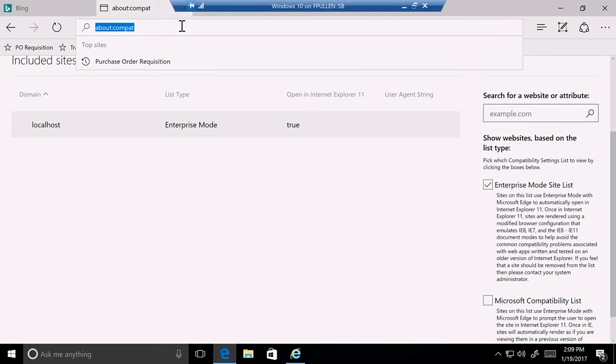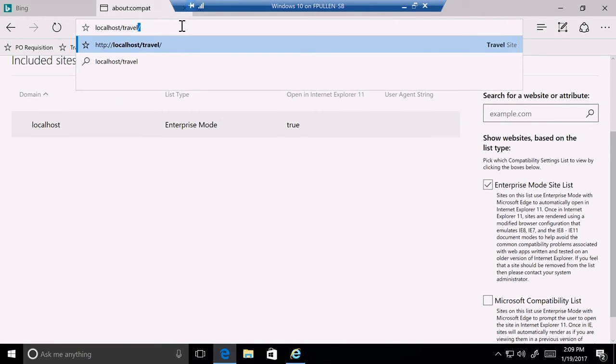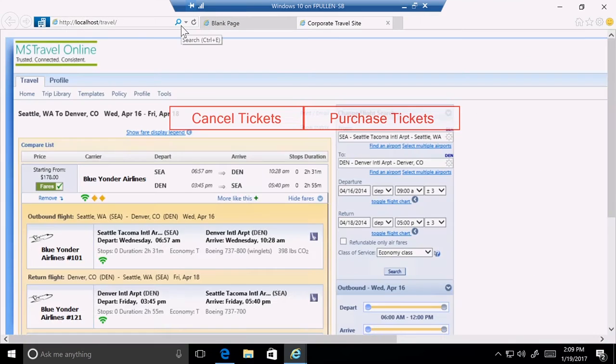Now, another question that I always get is, if I'm running in Microsoft Edge, and I encounter a page that's on this localhost, let's say I'm troubleshooting localhost travel, well, I'm going to switch automatically over to IE11 because, again, I added localhost. I added the parent domain. So everything below that domain is going to be switched over to IE11. But wait, I want to troubleshoot it within Microsoft Edge. How do I do that without having to make a request from my group policy folks?